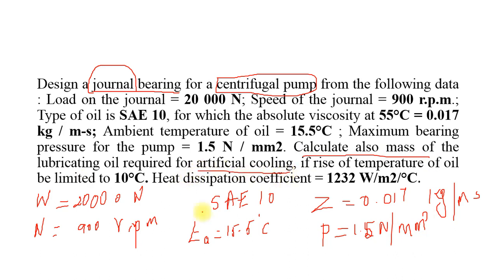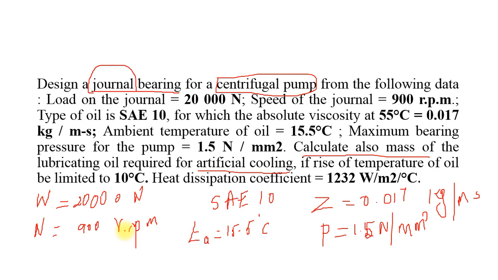I hope you know the types of cooling. Natural cooling is available, for example in low cc vehicles such as 100 cc, 150 cc, and 200 cc vehicles, which are called natural cooling vehicles, where ambient air is enough to cool the engine. In the case of heavy vehicles such as cars, buses, and lorries, we need artificial cooling. Either a coolant or water is pumped around the engine in order to cool it. Similarly, a bearing is an element which is continuously rotating along with the rotating member.